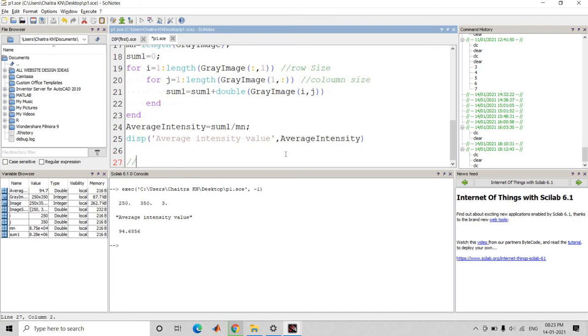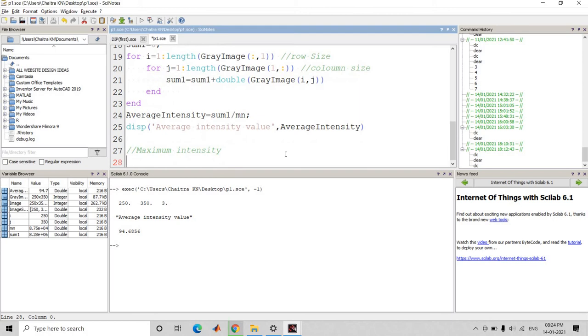For maximum intensity, declare max is equal to gray image of 1, 1.